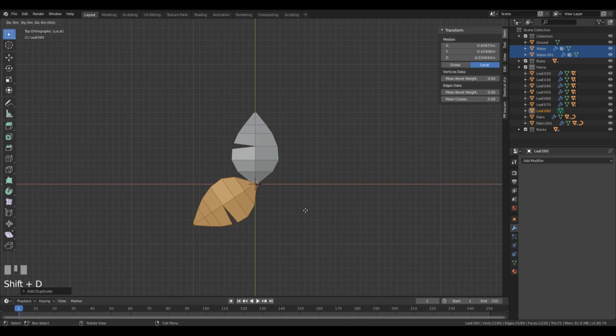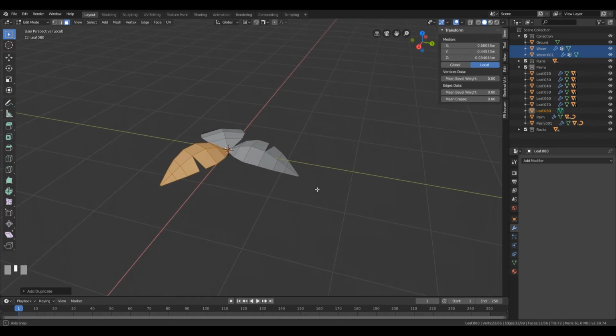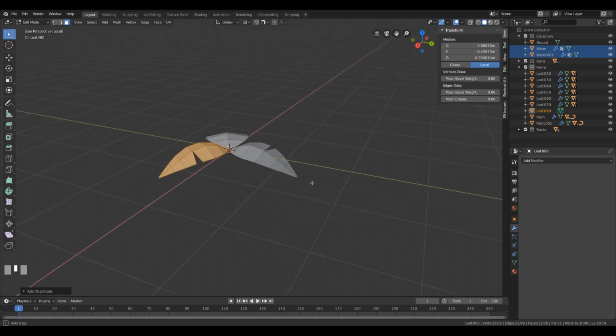So Shift D, then R for rotation, and rotate it right here. Okay, let's look at that. Looks nice so far, and there's one more thing,